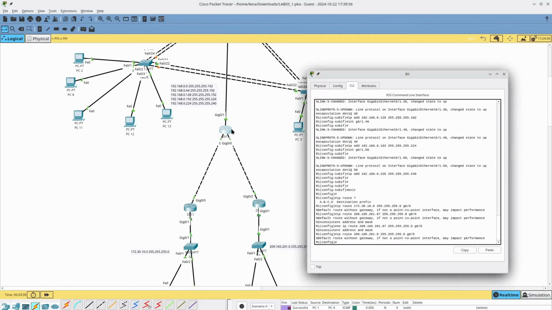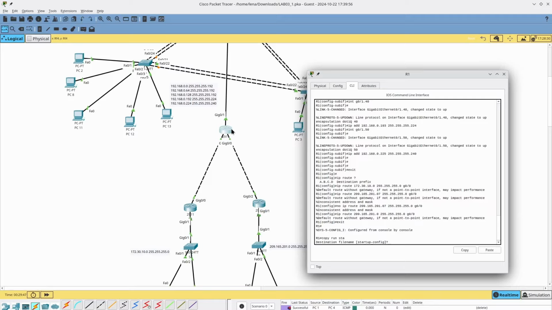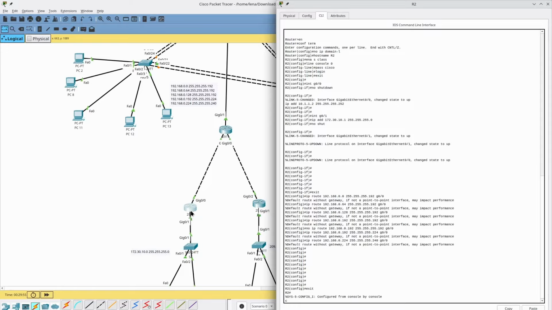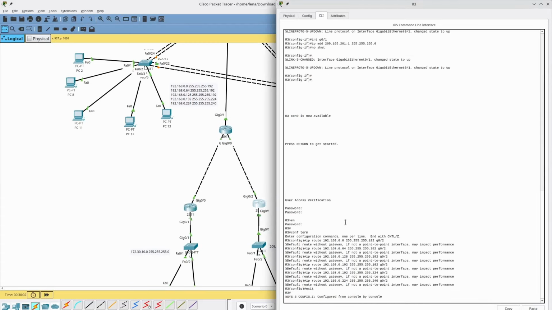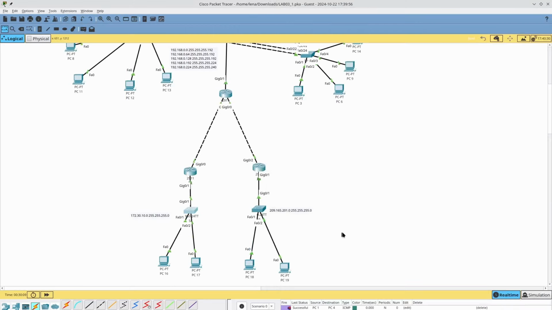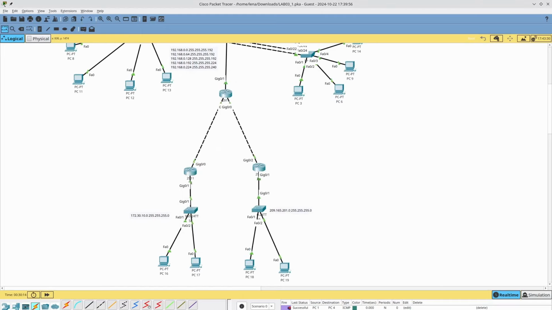Also, before I forget and then have to reconfigure them, copy running config startup config. Exit, copy running config startup config. Exit, copy running config startup config. Okay. We already did that here, if I can remember correctly. Yes, we did. Okay. So we've got our first